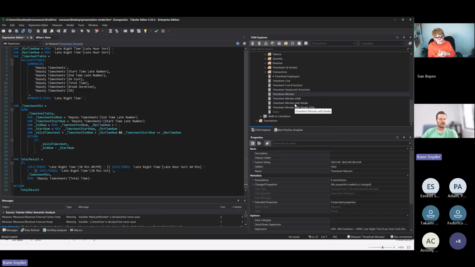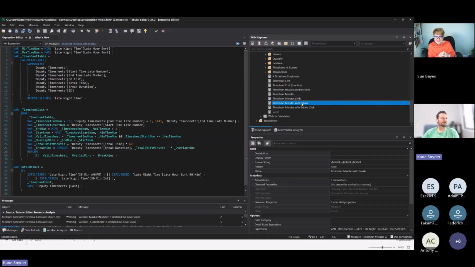In this scenario, there's no breaks accounted for. Lots of timesheets have start and end times for breaks. What I found with this particular project was that the breaks weren't reliable in terms of start and end time. They'd be put in at the same times every day, but they'd happen at different times. But they did have a reliable amount of minutes. So we couldn't say that the break happened at a certain time, and we had to allocate the break minutes across the entire spectrum, if that makes sense. It might make sense when we look at the code.